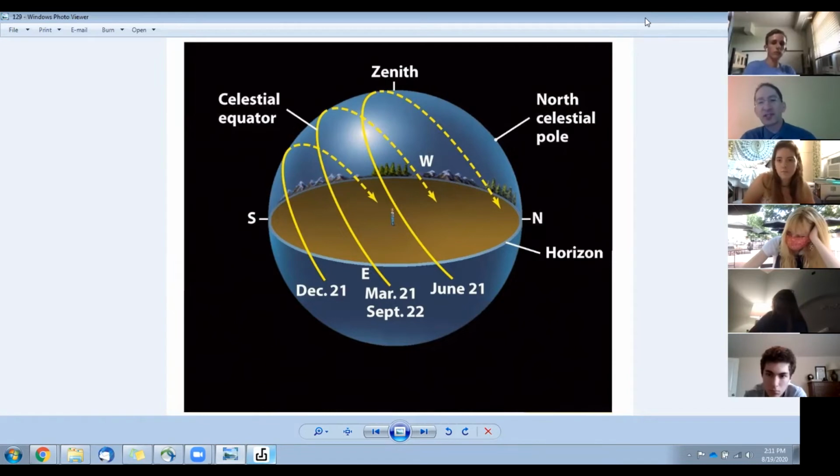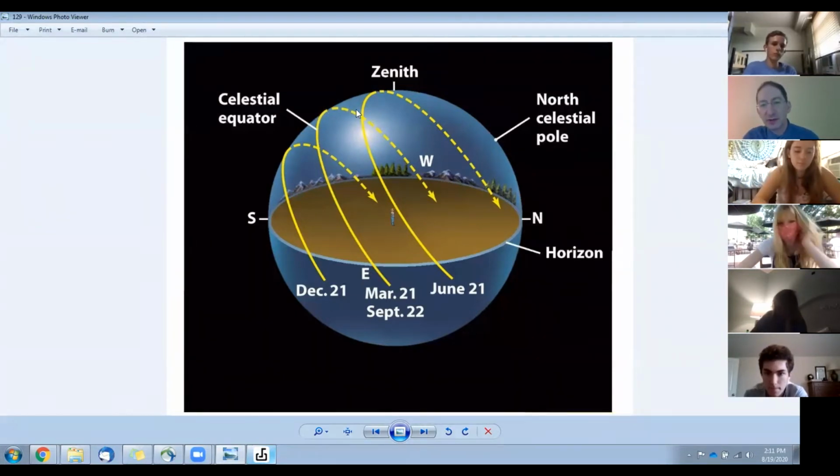So here's a person standing in a field. We have north in this direction, south in this direction. And let's start with the equinox. At the equinox, the sun rises due east. It comes up in the sky. It doesn't pass overhead because we're in the northern hemisphere. And so that means the sun's a little bit towards the south. We're above the plane of the solar system, so we have to look towards the south. So it goes across our southern sky, sets due west.